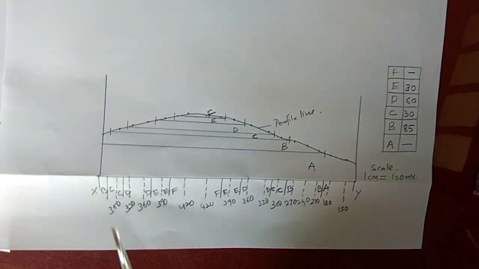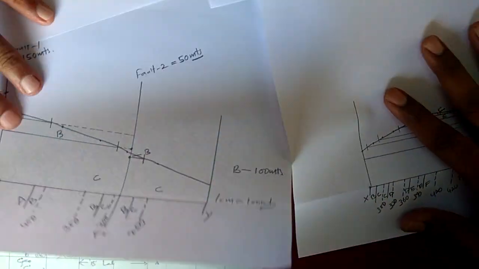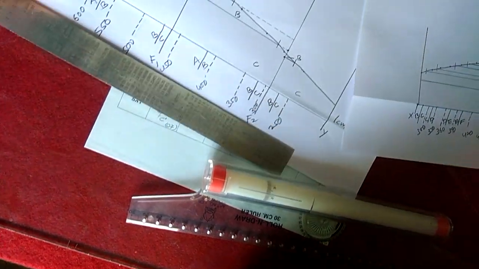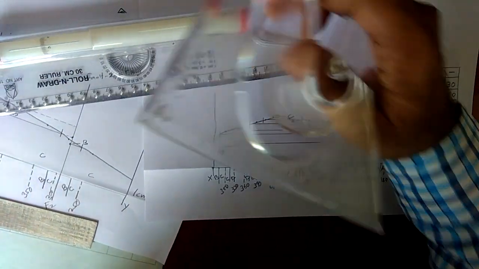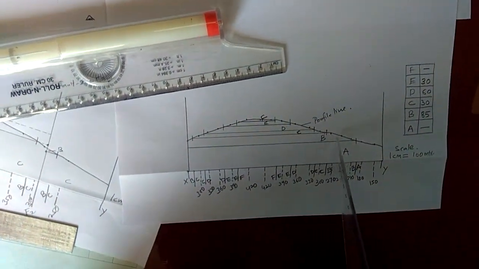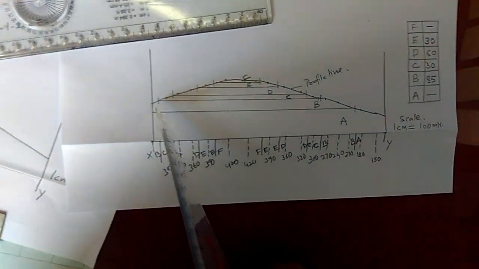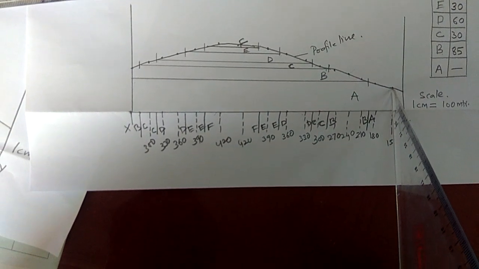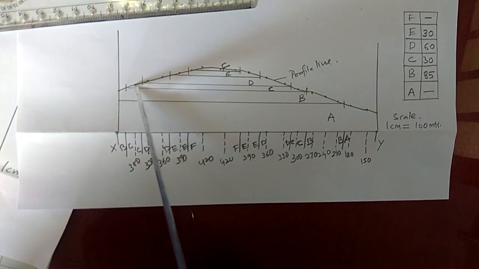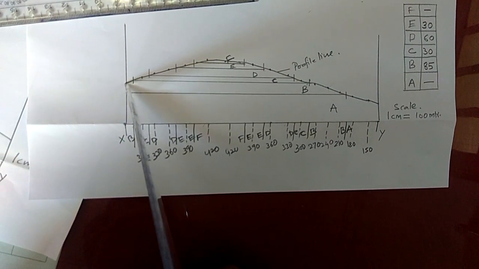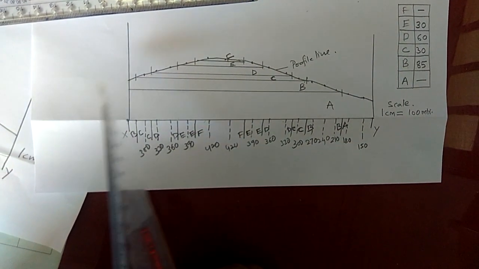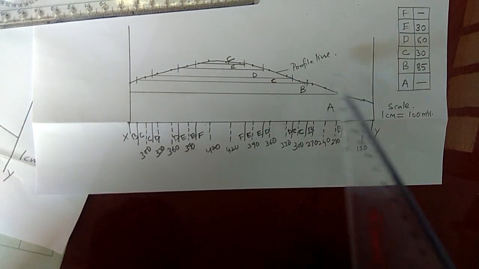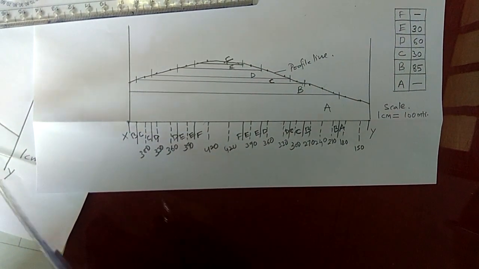Next step, we have joined all these points with the free hand. All these lines with the free hand, friends. After joining all these lines with the free hand, you can reach up to this point, but you have to extend up to this Y. On this side you have to extend this point up to the X according to the same tendency. This is the line which is called a profile line, that we already saw even in the second map.